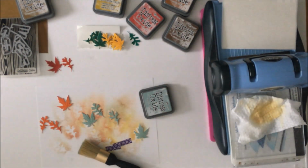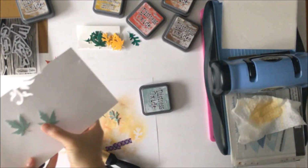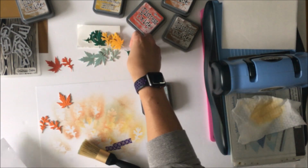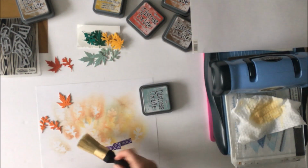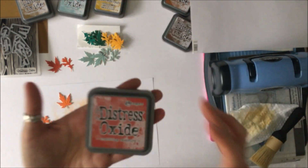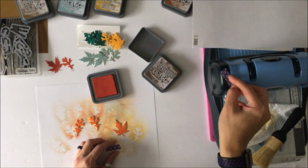So this light blue, I'm using Speckled Egg, which is the newer Tim Holtz Distress Oxide. It didn't need a lot. It was not as bright as the other colors, so it didn't need as much aging, let's call it. So that is Crackling